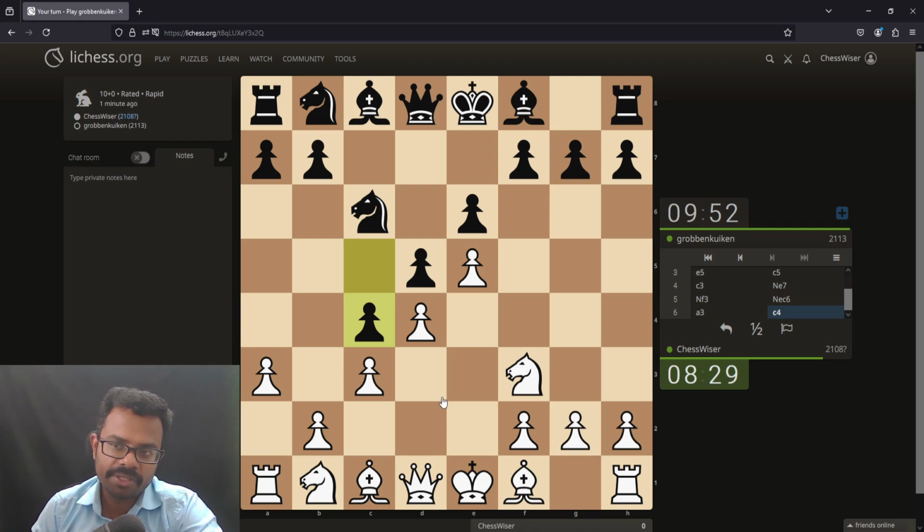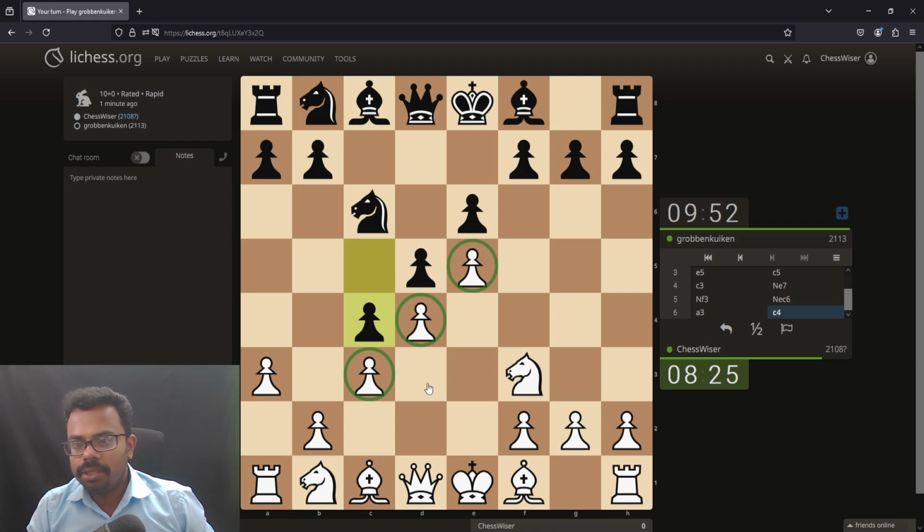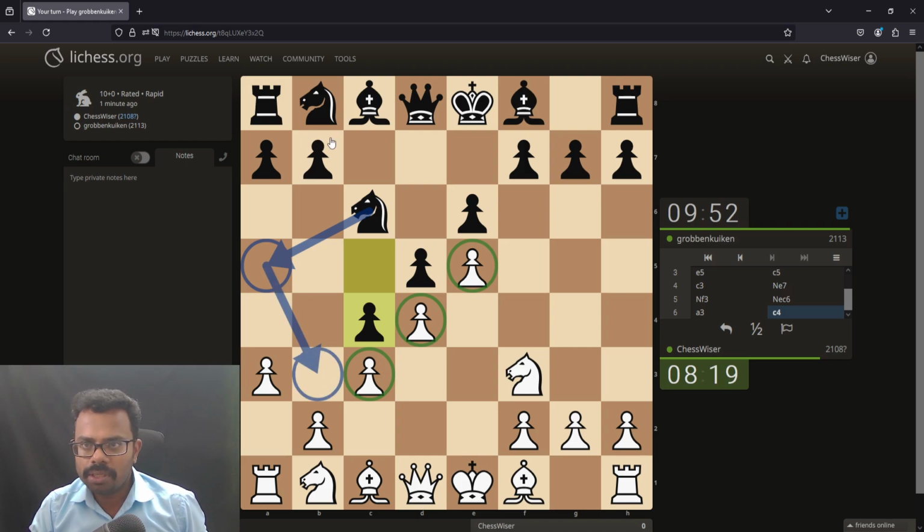So this is a typical French defense setup you're gonna get. Okay, I get his idea, what he's trying to do. The idea is very simple. He wants to put the knight here and exchange the knight, or put the knight on b3, and then the other knight, the brother knight, is going to follow his steps, I guess. Okay, anyway, let me again